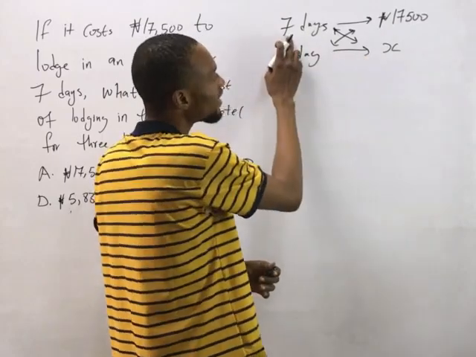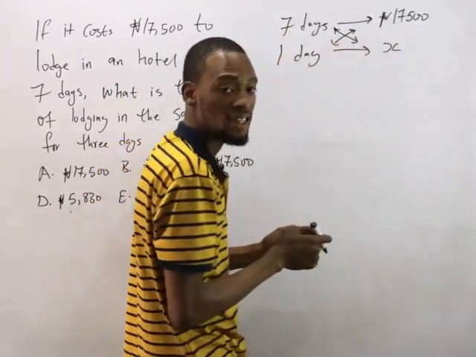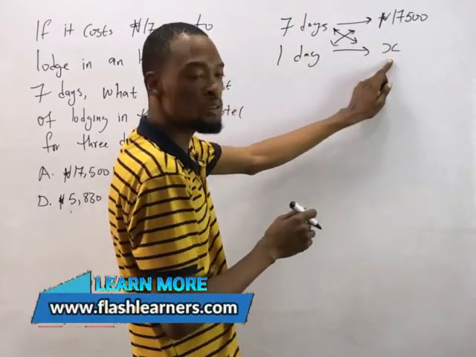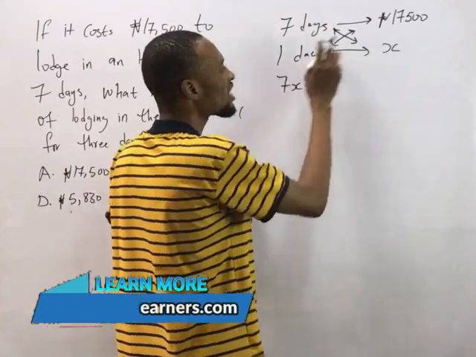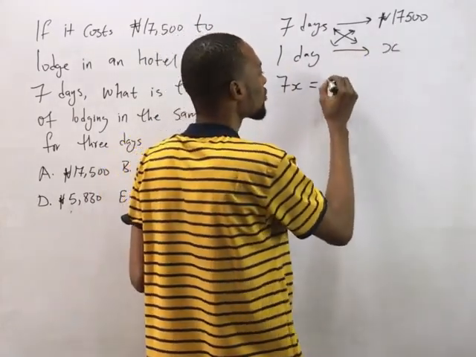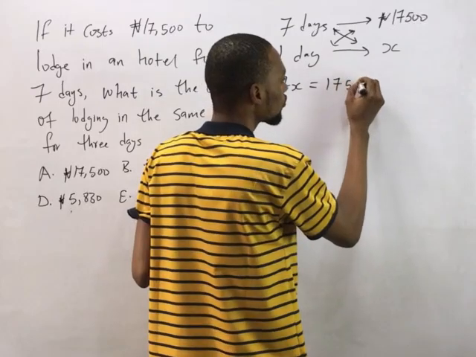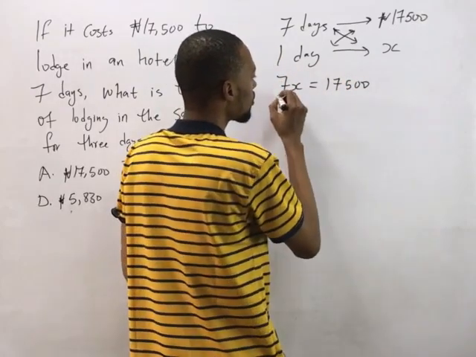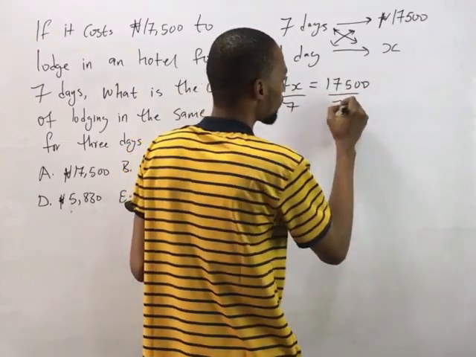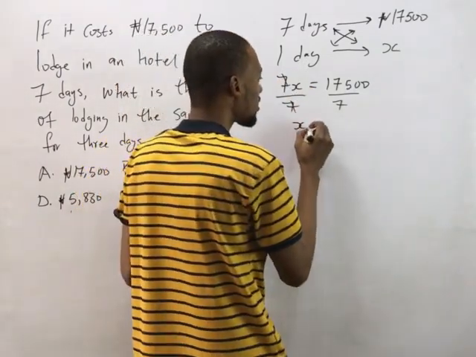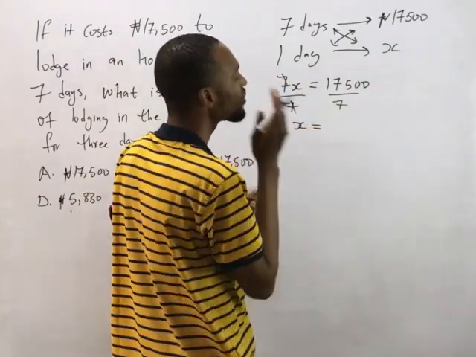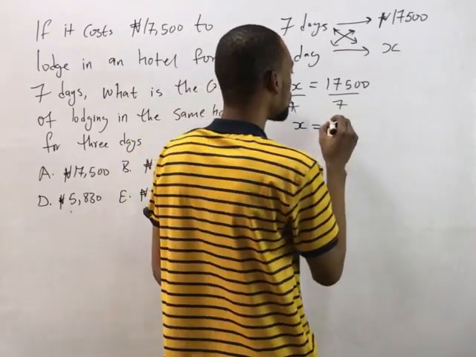So 7 times S will give you 7S, equals 1 times 17,500. So when we divide both sides by 7, 7 divided by 7 will give you 1, right? We'll now be left with S. So S will equal 17,500 divided by 7, which will give you